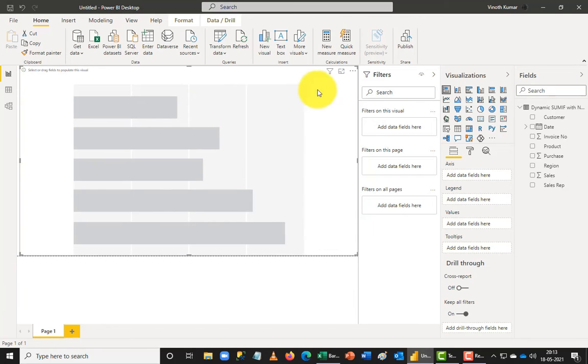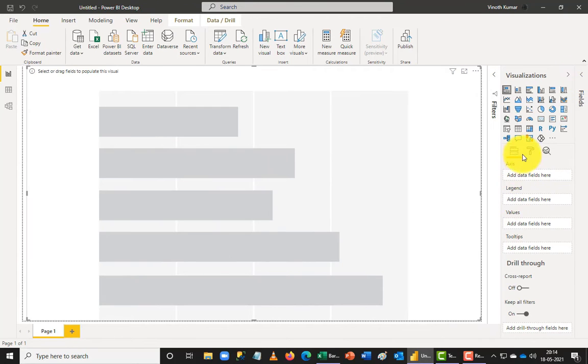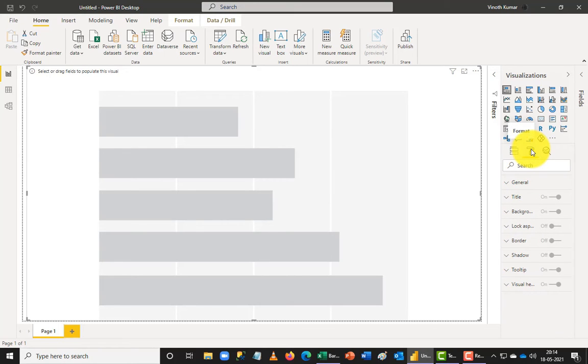When I add the stacked bar chart here, you can see the first line that comes in here called fields, the second one called format, and the third one called analytics. As I have a blank field here, you can see that I have an axis, a legend, a value, and a tooltip coming up here. I can use drill through options either by cross report, or I can use keep all filters here. When I come back to the format, as I didn't add any data here,